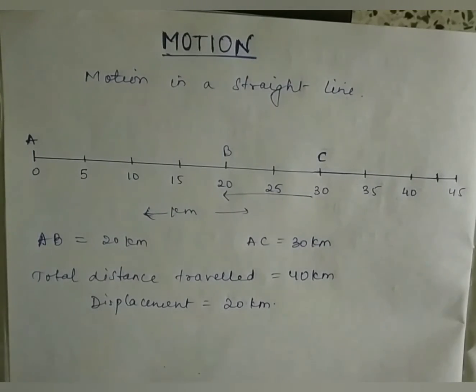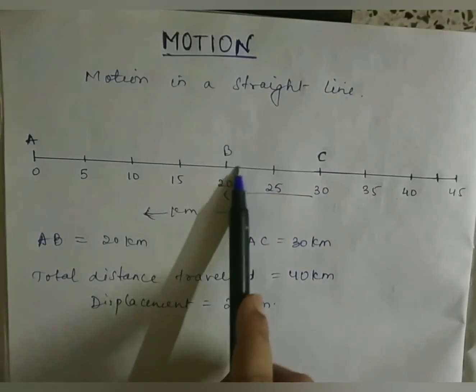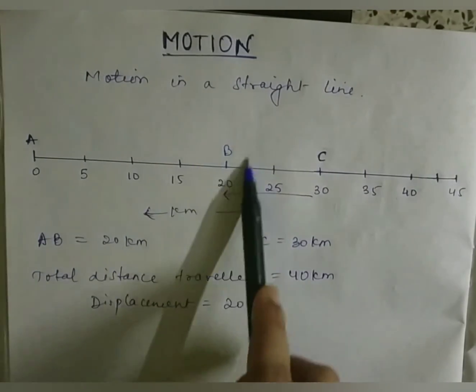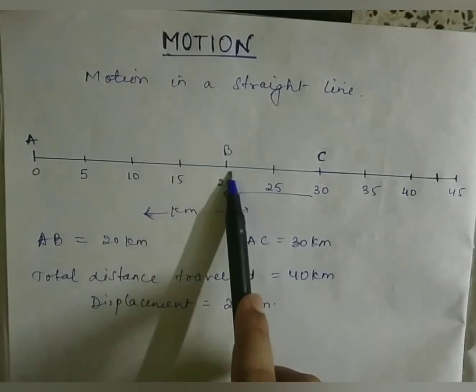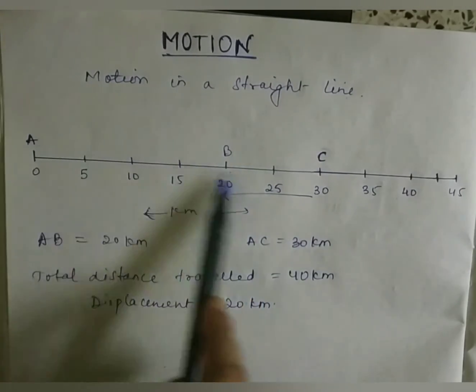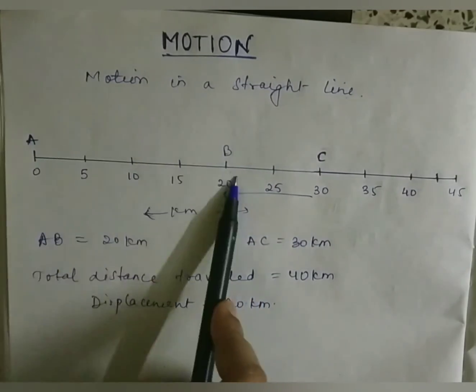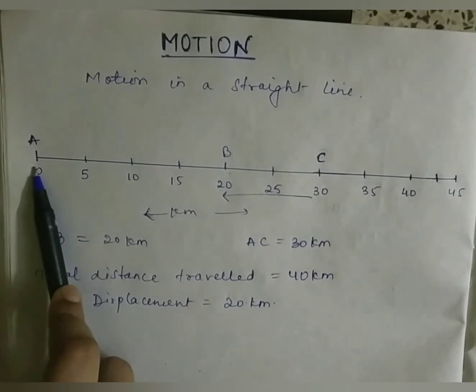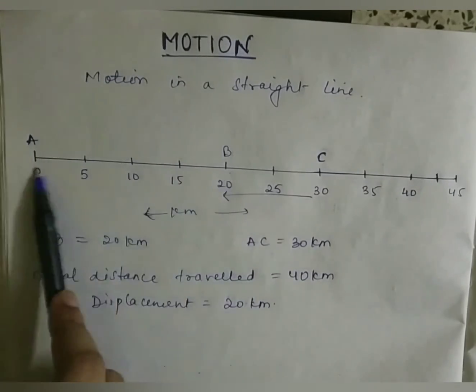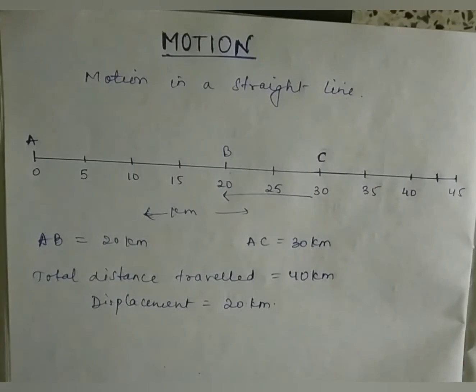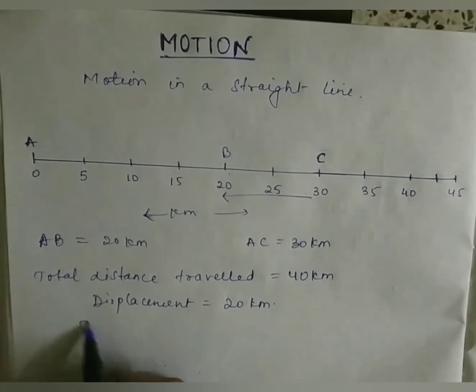Now let us take one more scenario. When you are back at point B, you have decided to go back to your starting point. So you go back to your starting point A. Then what is the total distance traveled by you? In this case, the total distance